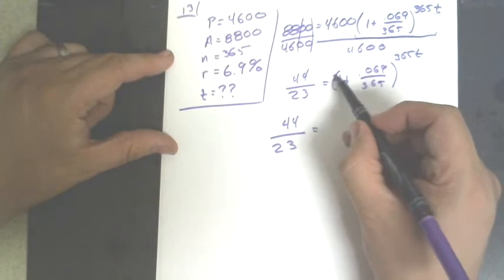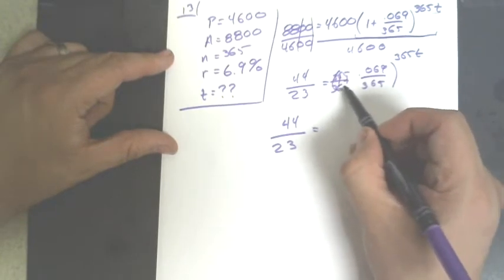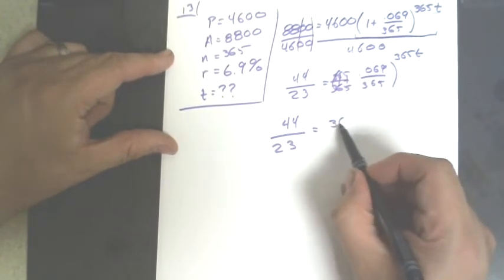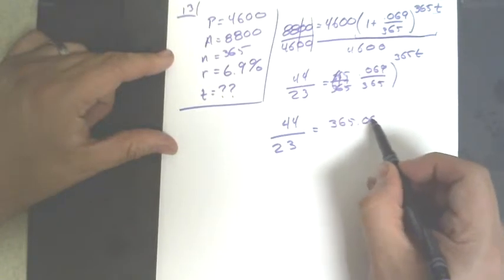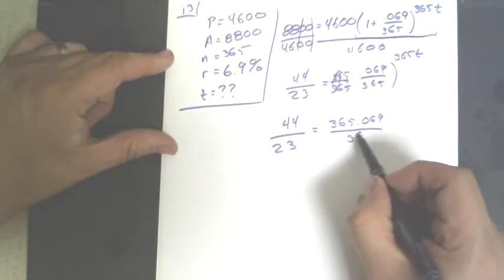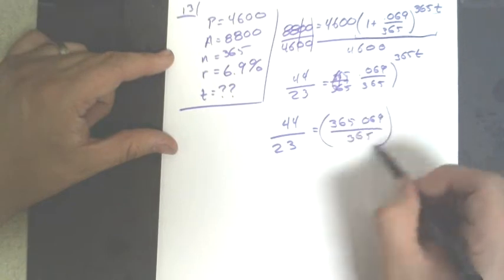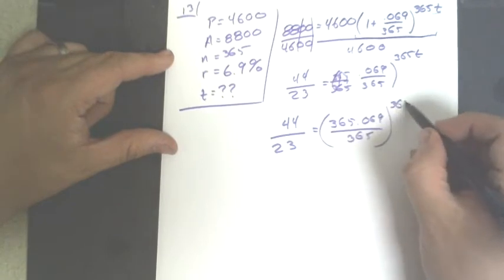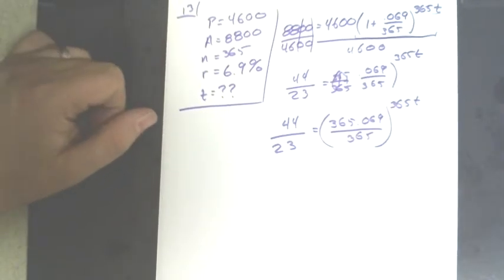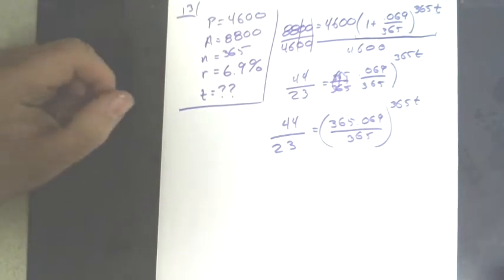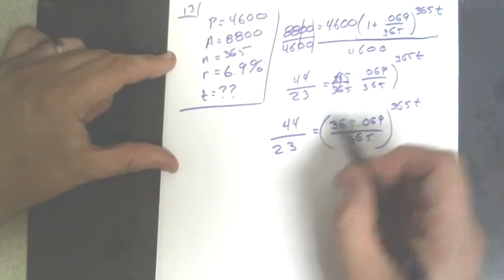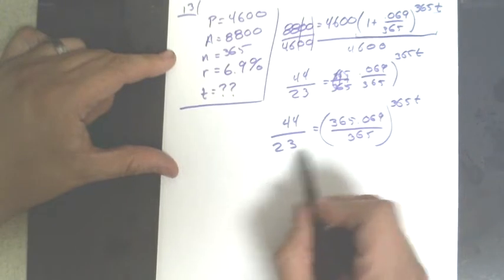So that turns into 365 over 365 to get common denominators. So 365.069 over 365. I wouldn't blame you for turning that into a decimal, by the way. I probably will in a second here. I know I really like staying exact, but this is just a little silly. So let's go ahead and turn both of those